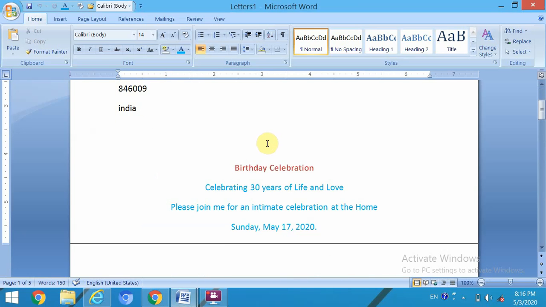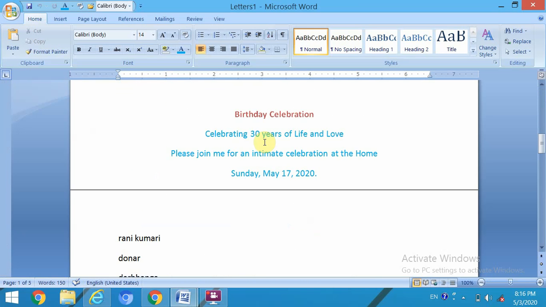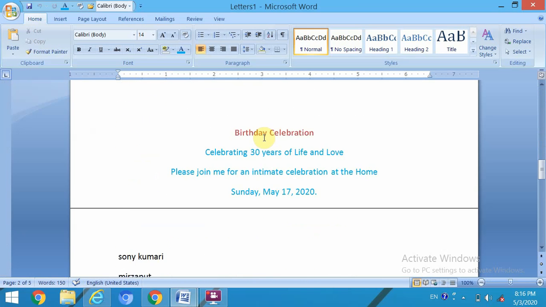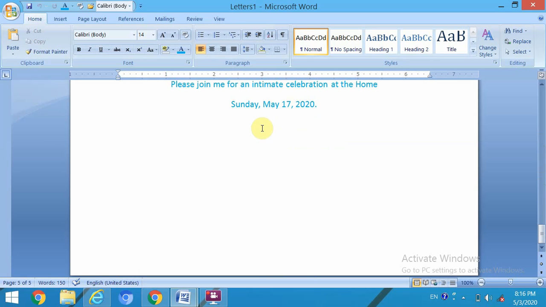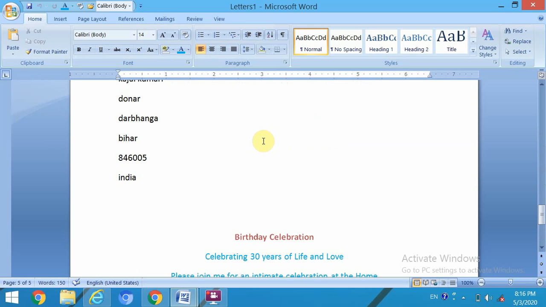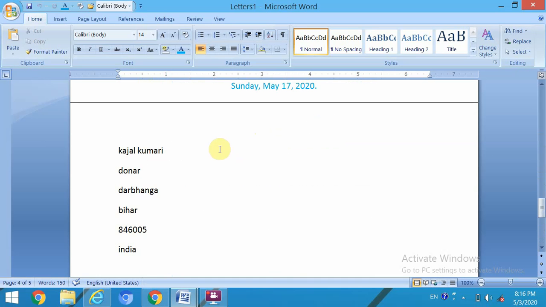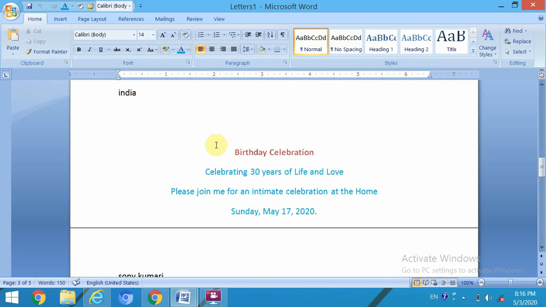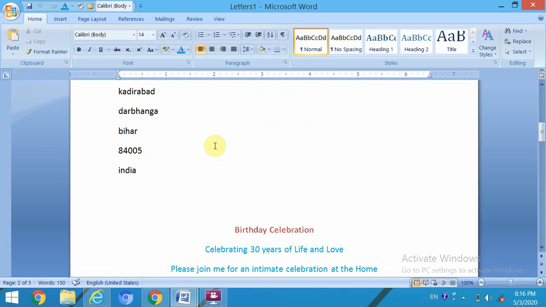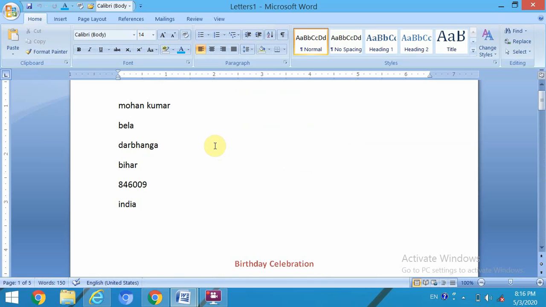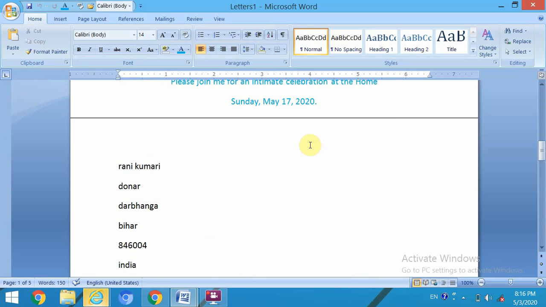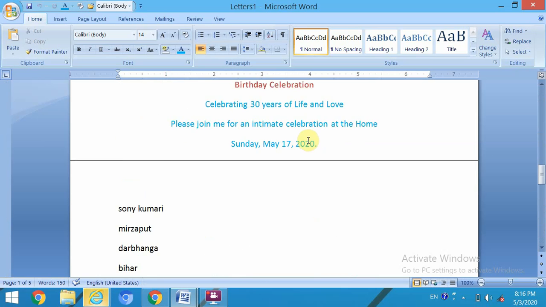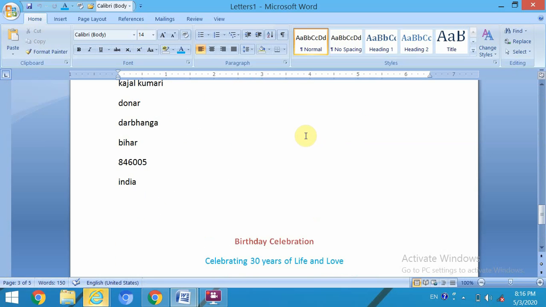See there. Kajal and Soni, Rani, Sohan, Mohan. All 5 copies are displayed and automatically it creates the 5 copies of a main document.